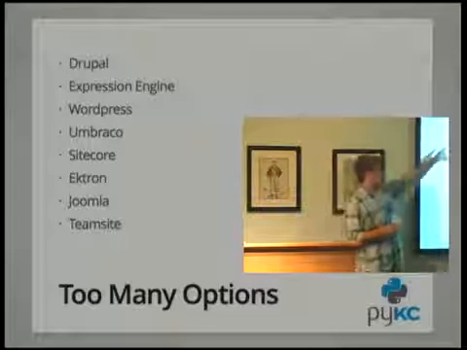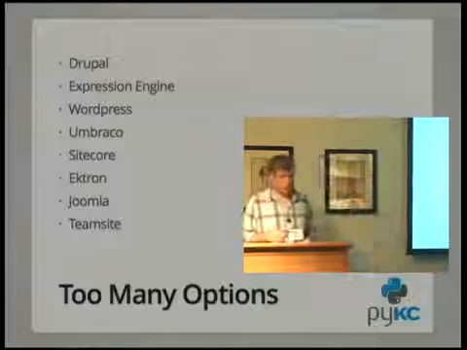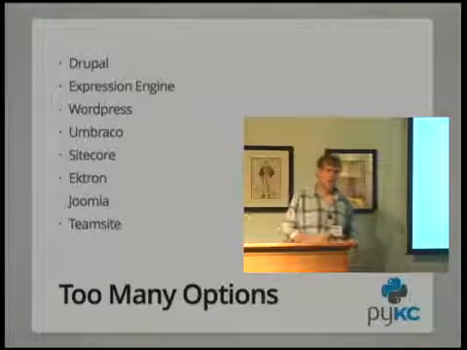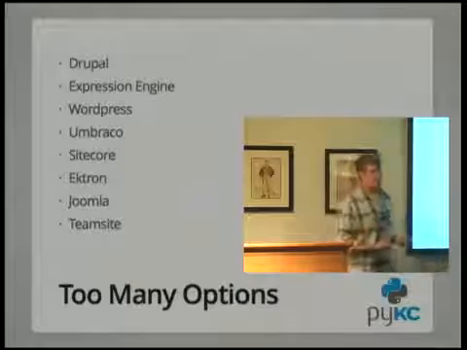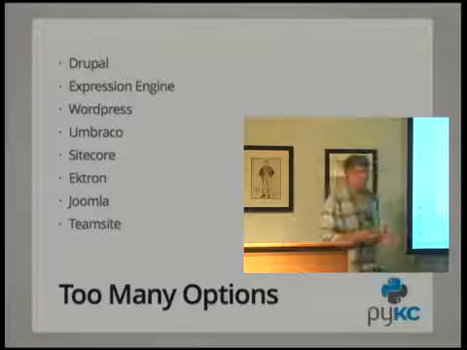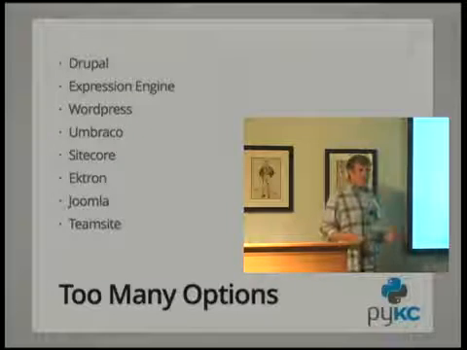I will shout out to Umbraco. They are an open source .NET CMS who supports Iron Python. So this is a little sneaky trick I do. Clients come in and I can't convince them that Django is the way to go, right? I just can't get them to understand for whatever reason. We sell them on Umbraco and we write it in Iron Python. And then